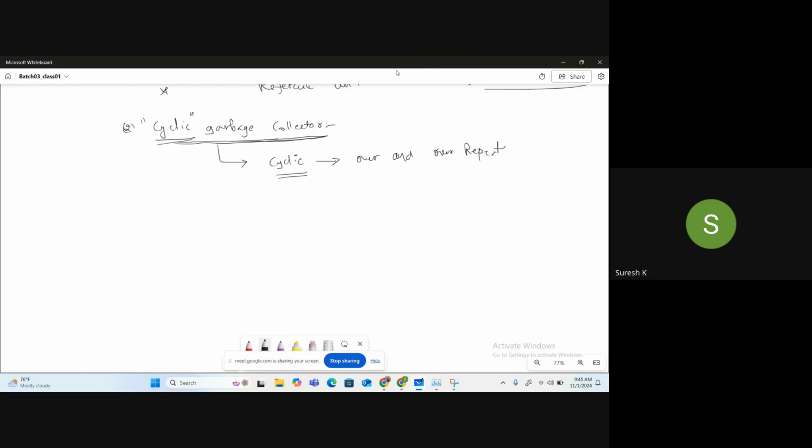Over and over and repeats. Right? In the cyclic garbage collector, we have 3 concepts: generation 0, generation 1, generation 2. These are the three generations, and these three are cyclic in nature. What happens in generation 0?